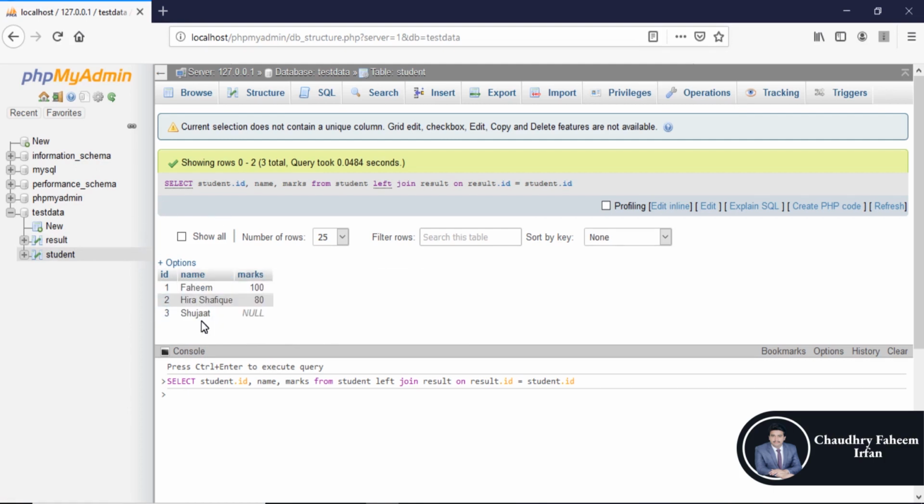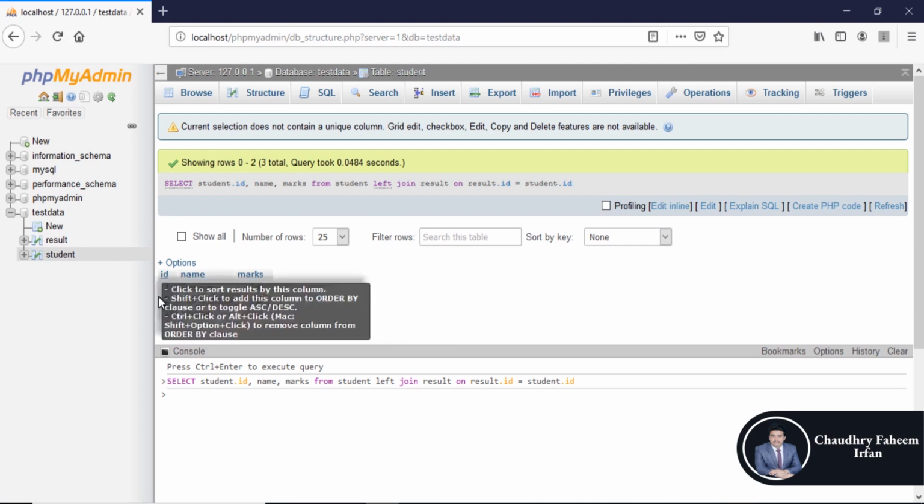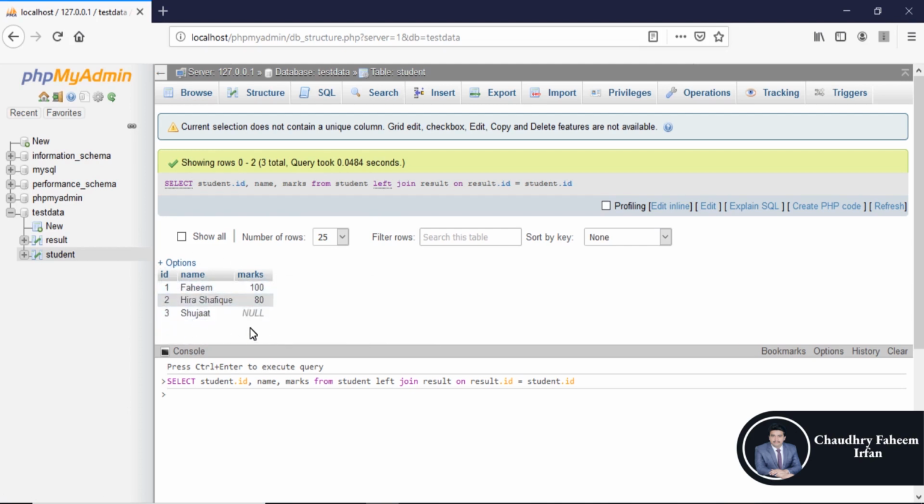So this is all about left join. Left side table is selected with all the records, but right side table is selected with null value because Shujat's record is not available in the result table.